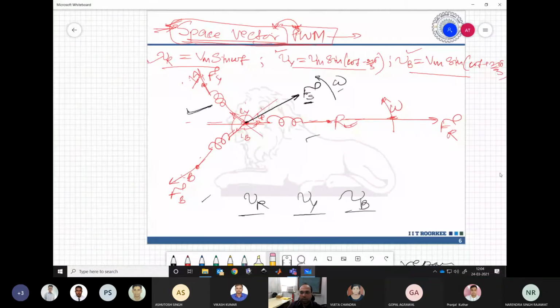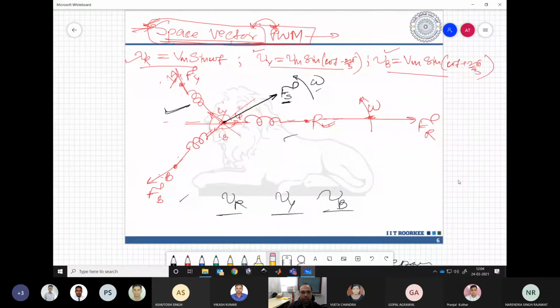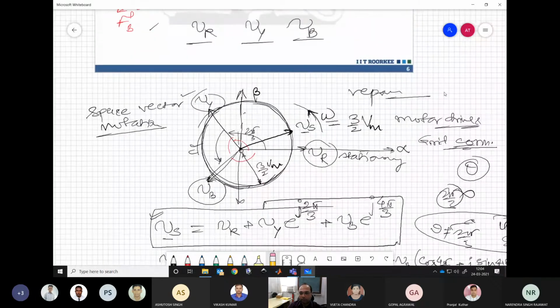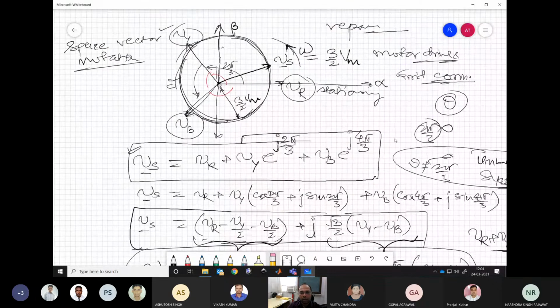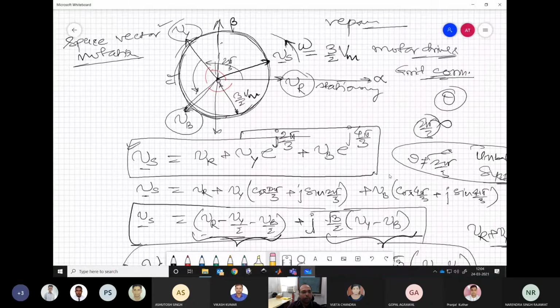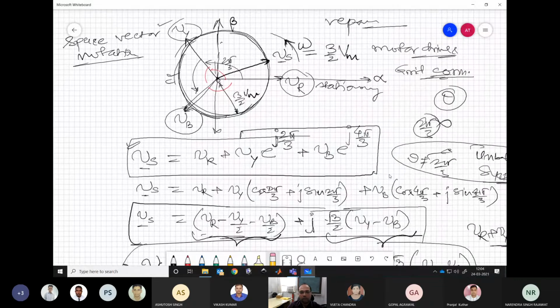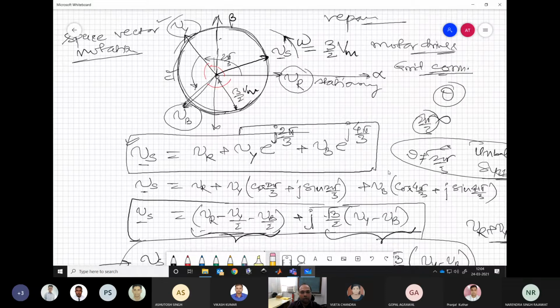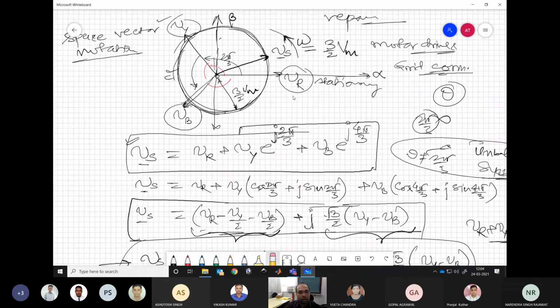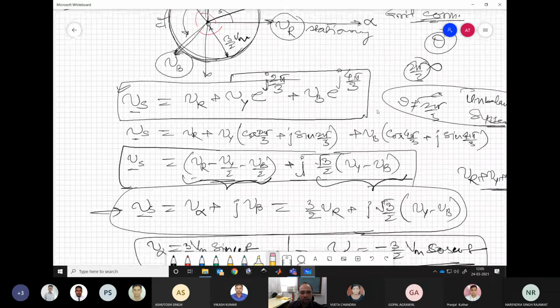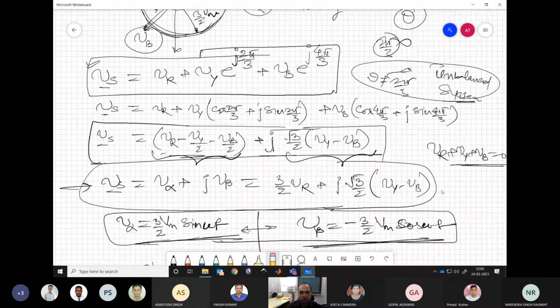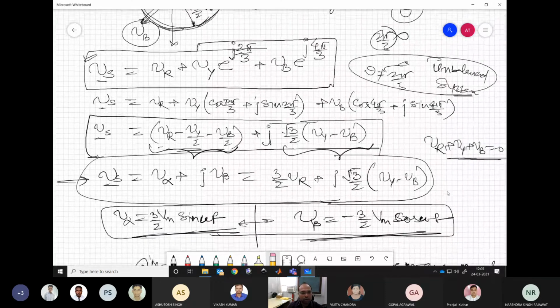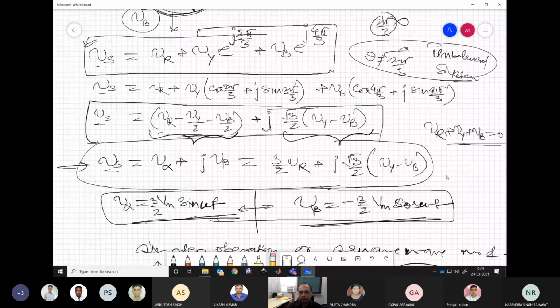So first we try to understand the basic principle behind the space vector PWM, and we have seen that any multiphase quantity can be represented as a vector in space. So when the quantities or the voltages are located in space in a little bit distributed manner, we have a rotating vector realization which can be represented in terms of the voltages or whatever quantities it is.